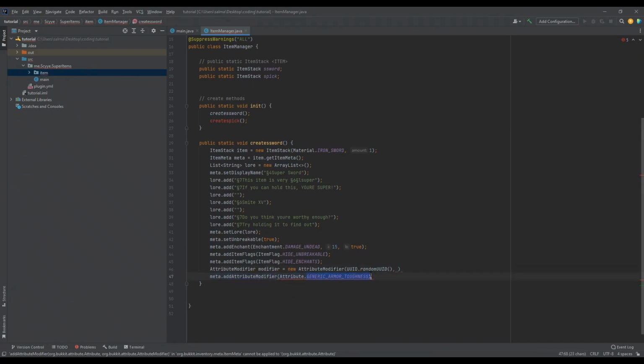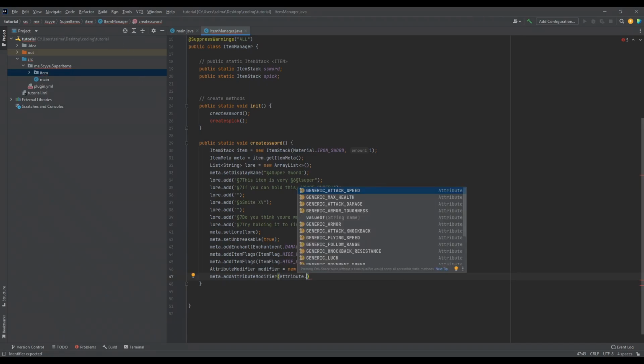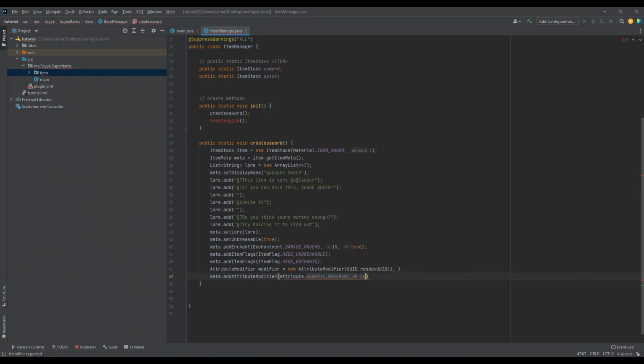What about, let's do movement speed. So it'll make you go faster. So we're gonna do generic underscore movement underscore speed,